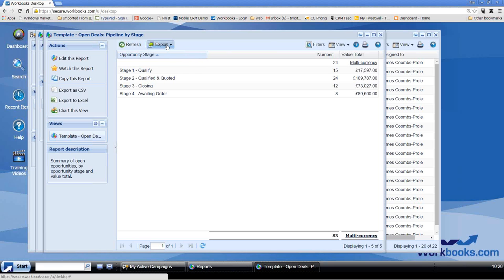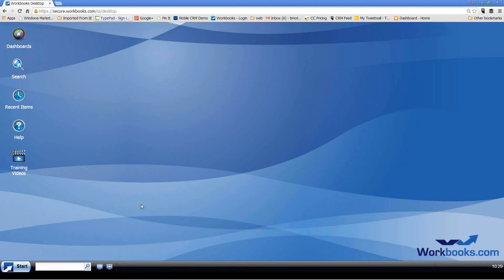so you can print them off. You can export data to a CSV or Excel file. You could chart it. You could create a bar graph or a pie chart from it. So a number of ways of manipulating data and reporting on any information in Workbooks. And then once you've run that report, thinking, well, what do I want to do with it? Do I want to print it out? Do I want to export the data? Do I want to do something with it? Very easily done. So there we are, a quick run through the Workbooks interface.